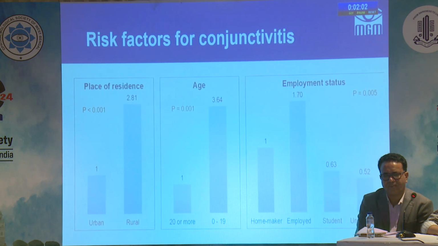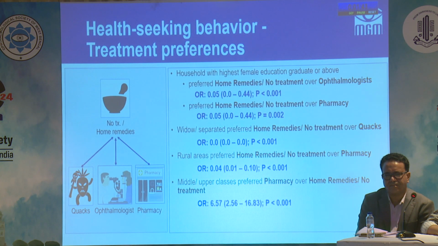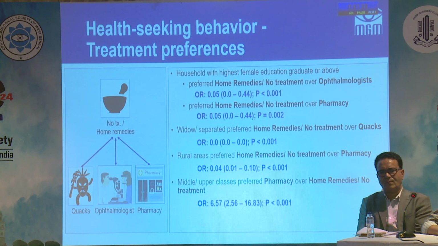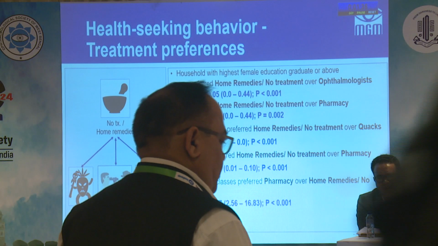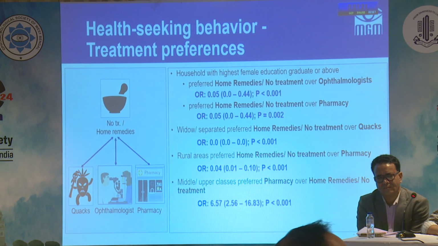The risk groups were patients living in villages, those who were less than 20 years of age, and those who were working. Most of the patients sought treatment from the pharmacy without a prescription. Around 21% sought treatment from the ophthalmologist. We analyzed what factors influence the treatment choices of patients. So we did a multinomial logistic regression where we compared the different treatment choices with the treatment choice of no treatment or home remedies. We found that households which had the highest female education,